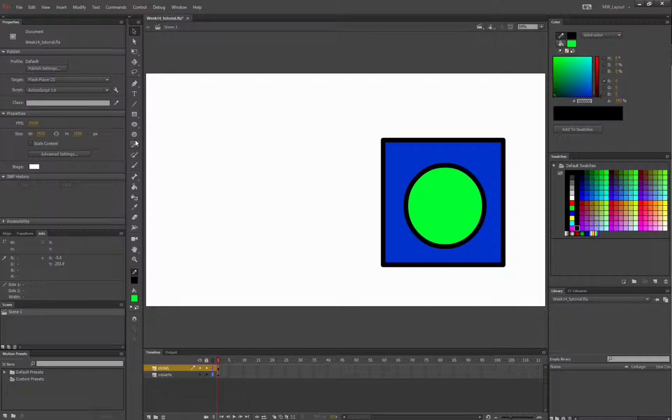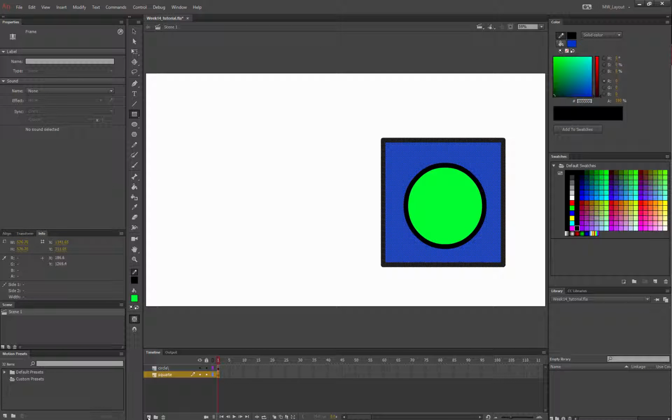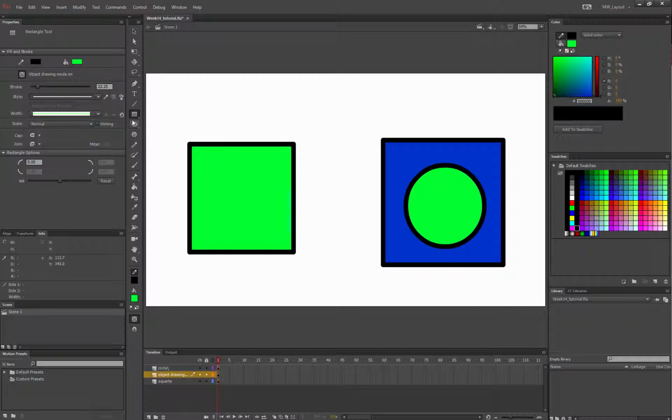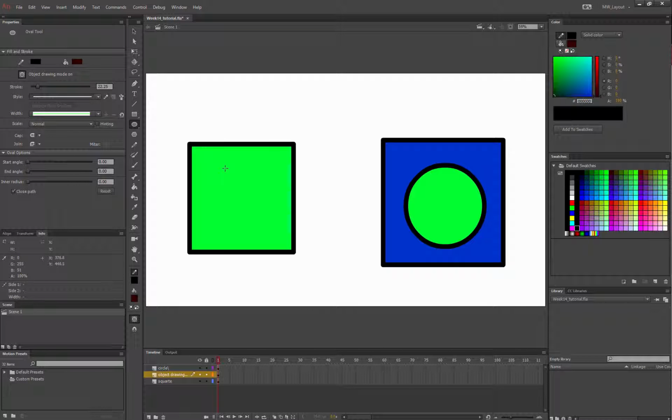Another option is the object drawing mode, which you get into from your brush tool. This is object drawing right here. So I'm going to click it, and you'll see it says object drawing mode is on. So I'm going to make one final layer. I'll call this object drawing mode. Like that. So now I'm going to use a primitive rectangle, and I'll make the square red, and I'll draw